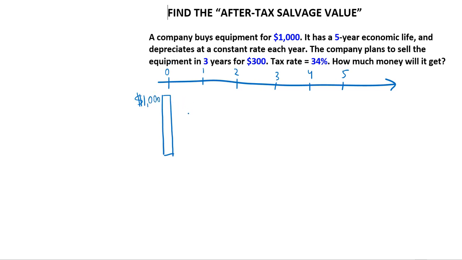How would the value be changing? So clearly, as we buy a piece of equipment or a fixed asset in general, which could be a building or some vehicle or a laptop or software, it starts losing its value. It starts depreciating over time. What do we know about how it depreciates? We know that it depreciates at a constant rate each year.